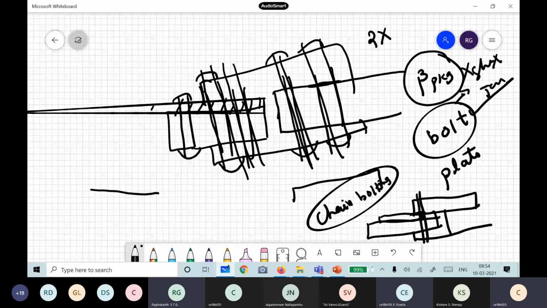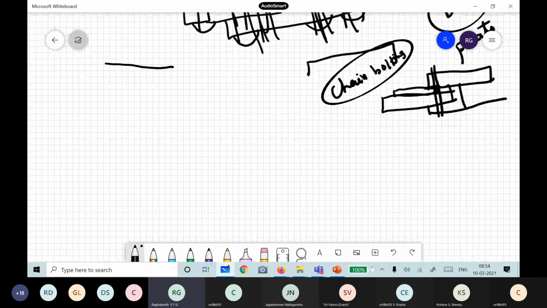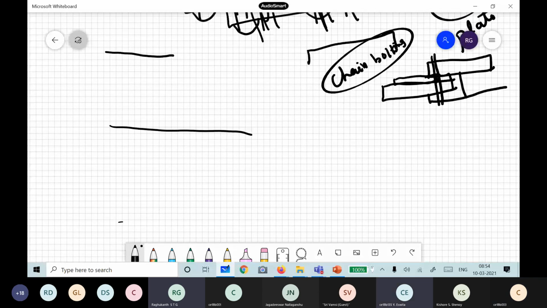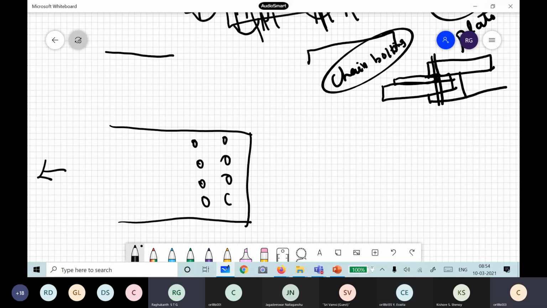Okay, sir, but is the B perpendicular to the load or parallel to the load? So B is width. Yes, sir. Width is what we have to find out. Width depends on your number of bolts, right? It is 8, so perpendicular to the load we need to take 8 bolts and calculate. So your bolts are like this, and this is the load. So B is this one. The width of the plate depends on your bolts. Okay, sir, if the number of bolts is 16, then we take 8 in each row. 8 in each row you can take.